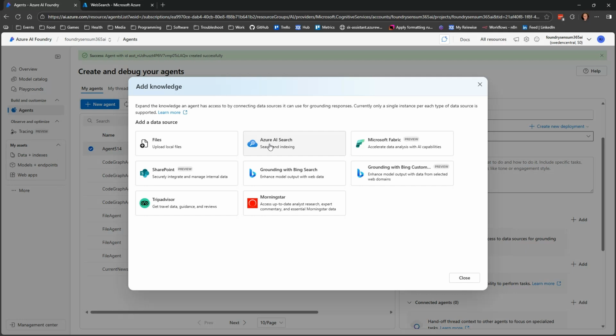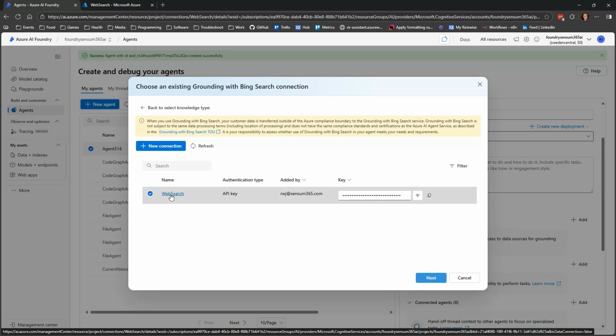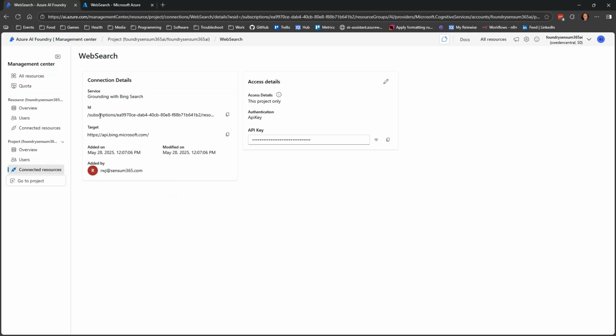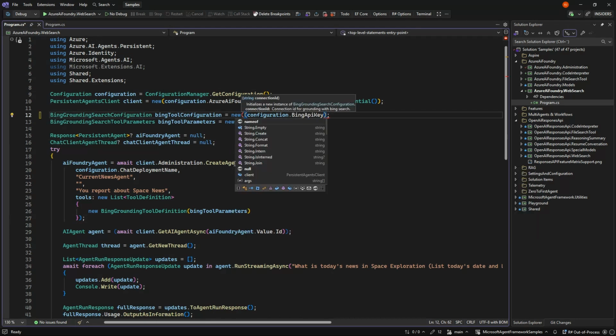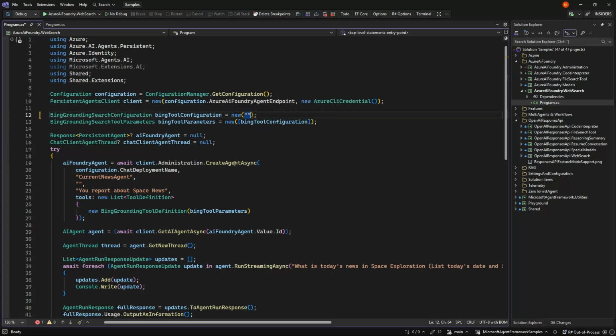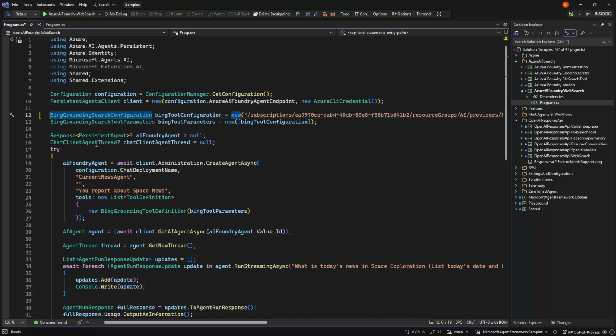Once I have that, we get this one. And if we click on that, we can see an ID. This ID, it's not dangerous for me to show, because it can only be worked with if you have access to my AI Foundry. So this very, very long ID is, for some odd reason, the API key of this. It says connection ID here, and essentially what I'm doing with my configuration is I'm putting in all this to tell that I have a Bing search configuration.